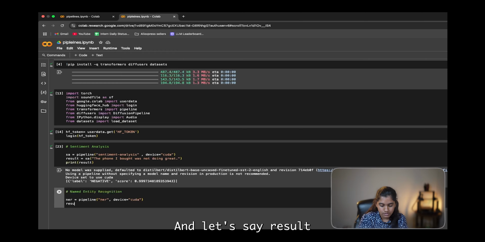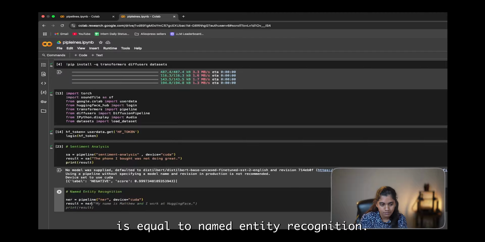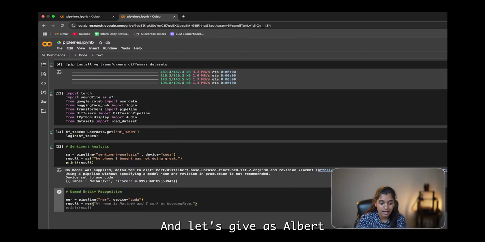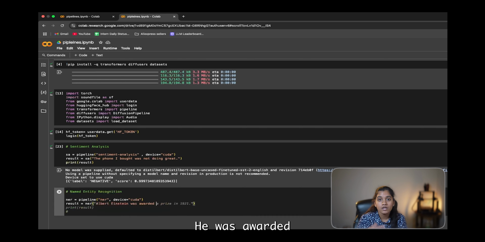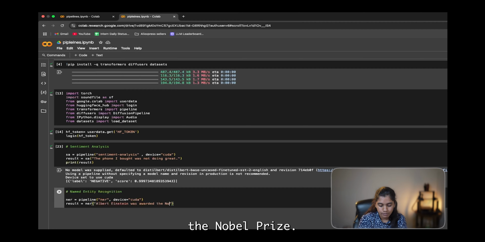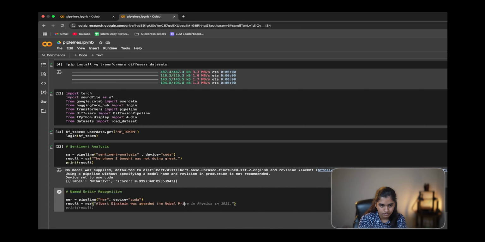And let's say result is equal to named entity recognition, and let's give as input: Albert Einstein was awarded the Nobel Prize in physics in